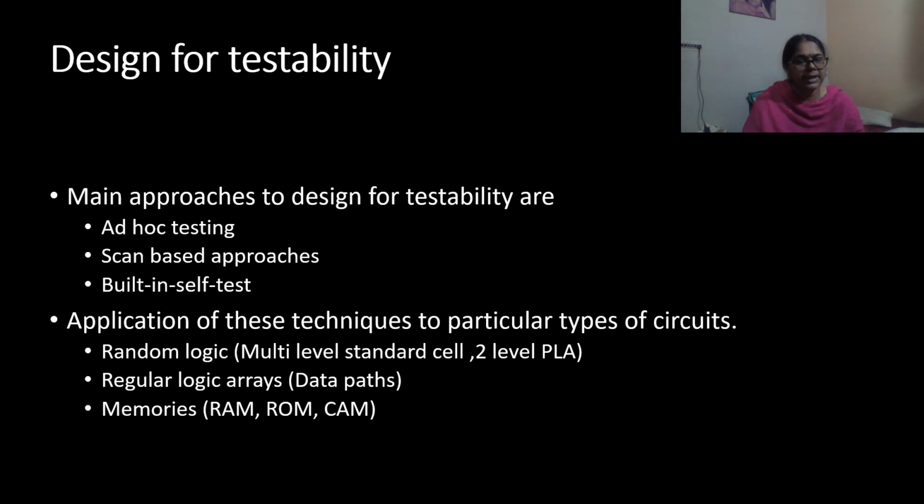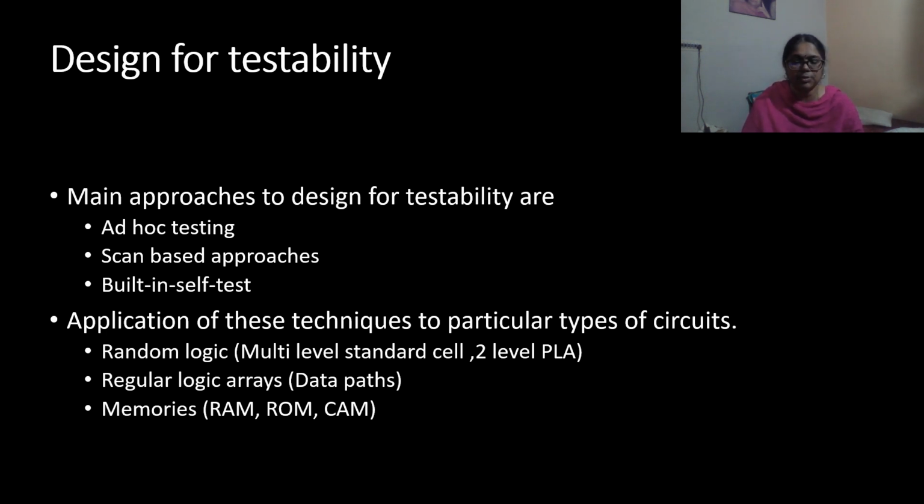Good observability and controllability reduce the cost of manufacturing test because they allow high fault coverage with relatively few test vectors. They can be essential to silicon debug because physically probing most internal signals has become so difficult. Main approaches to design for testability are ad hoc testing, scan-based approaches, and built-in self-test.